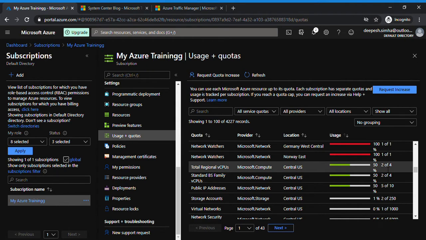The only problem is when you try to create a new virtual machine, it is not going to be created, because you have already utilized 4 cores, and if you create another one with a core, then definitely it's not going to create it. Immediately it gives an error saying that your subscription quota limit is exceeded. That's with a free trial account.